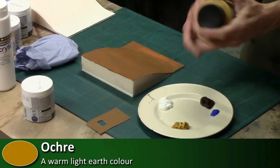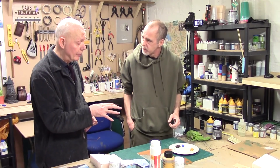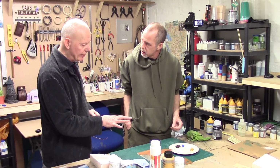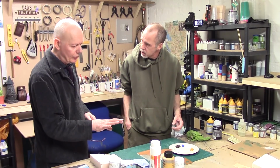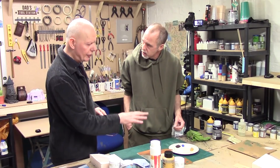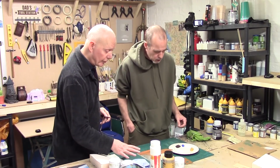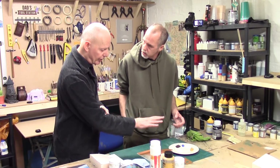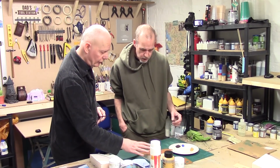What's the reason behind that one, mate? Well, yellow ochre is basically earth. It's an earth colour. So it's getting very close to a sandy beach colour, actually. It's not exactly perfect, and I would never recommend using it on its own. So what you'll have to do is mix it with a little bit of white to pale it down. Because the yellow ochre is a greenish yellow, if we put it in with the white, we put the cool colour over this warm colour, and you're going to get...